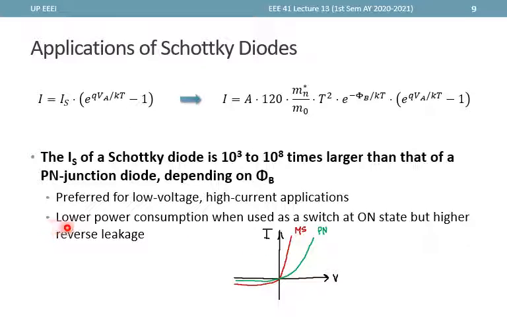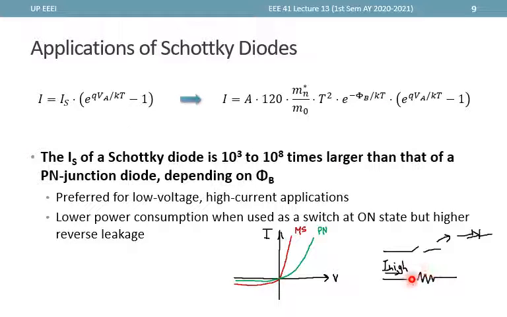Also, Schottky diodes are preferred if you want lower power consumption when using the diode as a switch at the on state. So for example, you have a switch which you want to implement as a diode. So the switch actually has some effective resistance. Now, if I have some high current here that I want to pass,